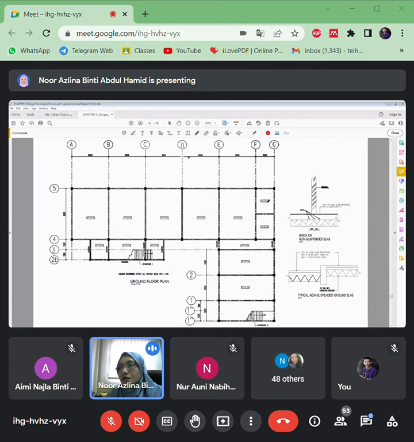So this is an example of a structural layout, in which you can remove all the symbols from the architects.